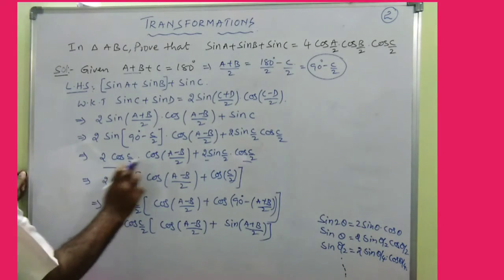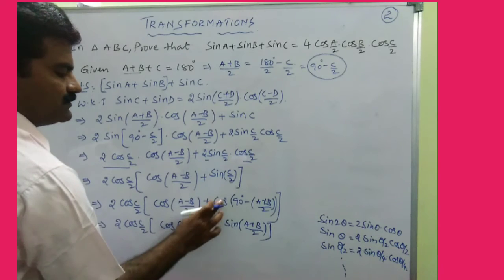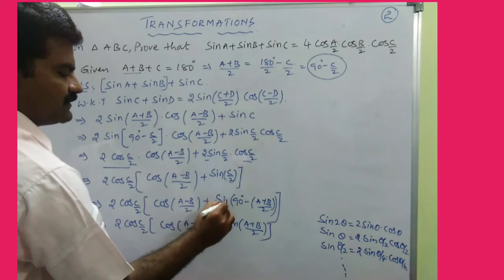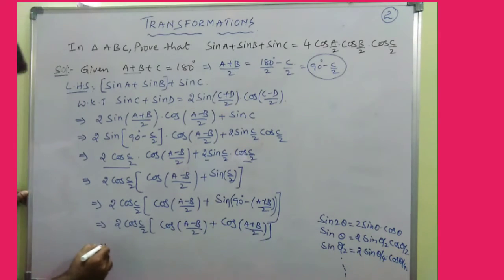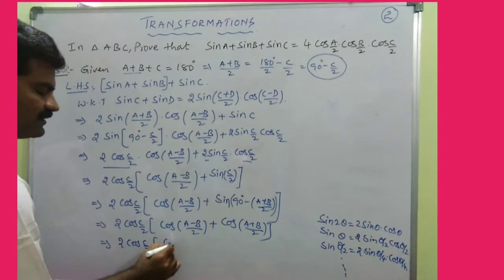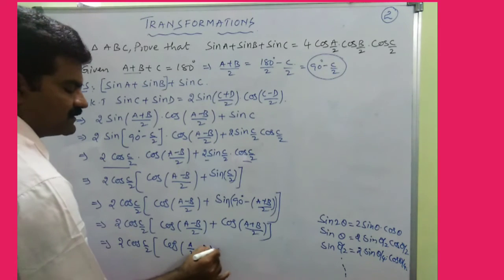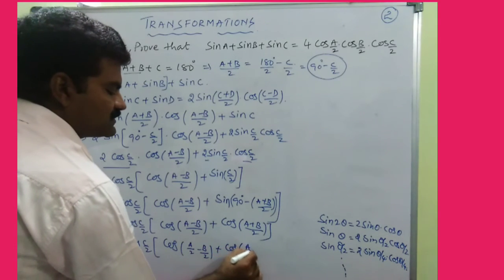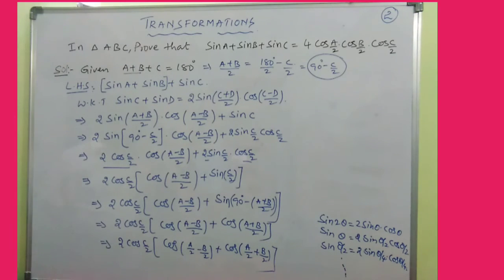Sorry, actually we took cos c by 2 common, then here left sin c by 2, this is also sine, now this becomes cos. Okay, so you see especially this can further be written as, a minus b by 2 I can write like this. Similarly this a plus b by 2 also we can write as a by 2 plus b by 2. Now they are just like cos of a plus b plus cos of a minus b.